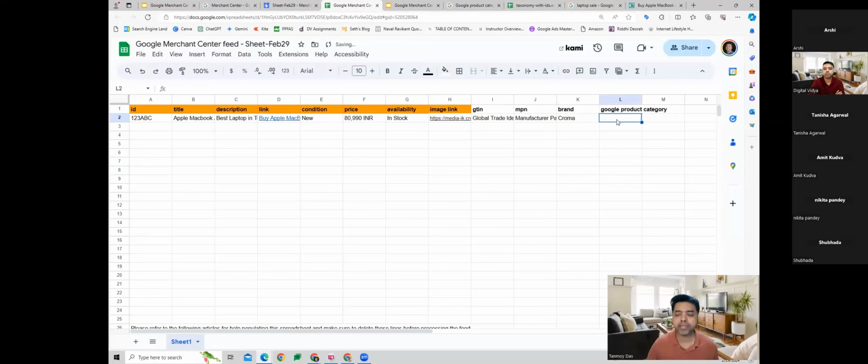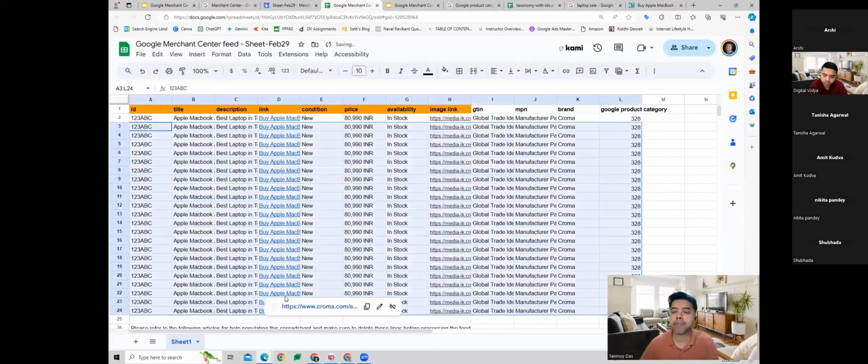If we don't provide this information, sometimes it can happen that your ad is not selected for auction, which can lead to low performance. You're not getting impressions or clicks and conversions. That is why it is always recommended that you provide the Google product category. So this is going to be one item. Like this, hundreds of items can be lined up in this manner in the sheet.